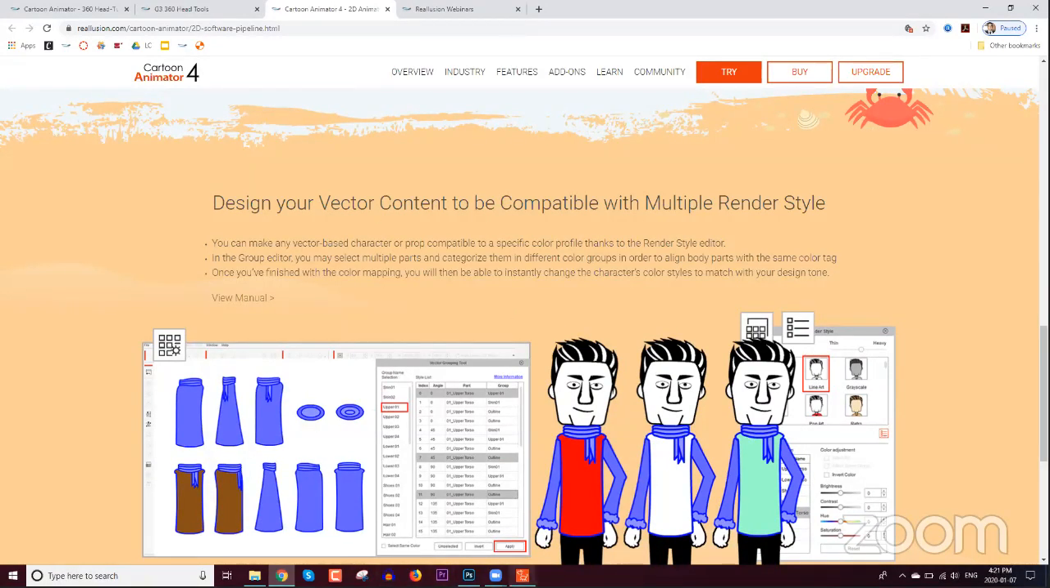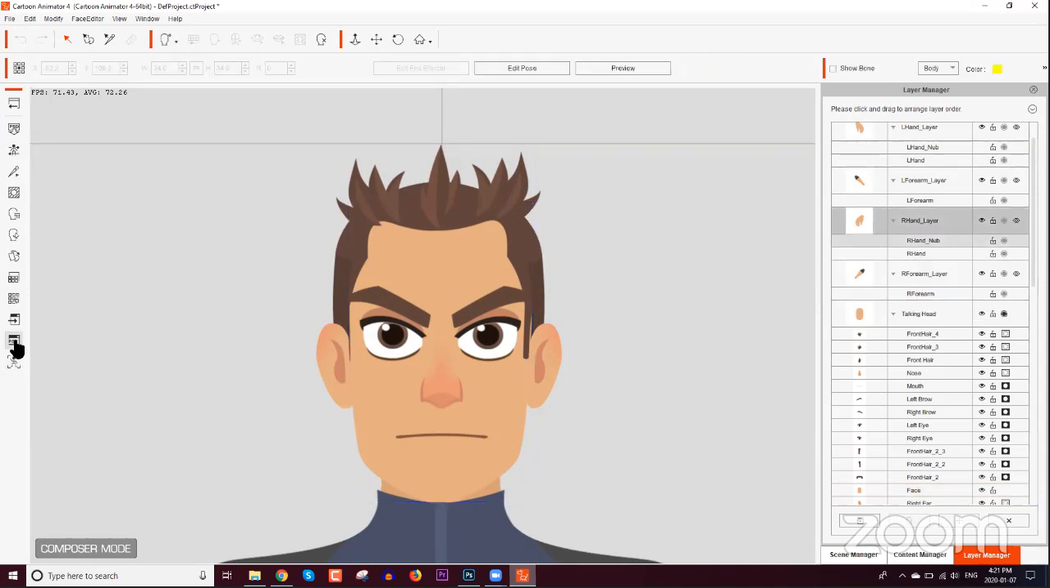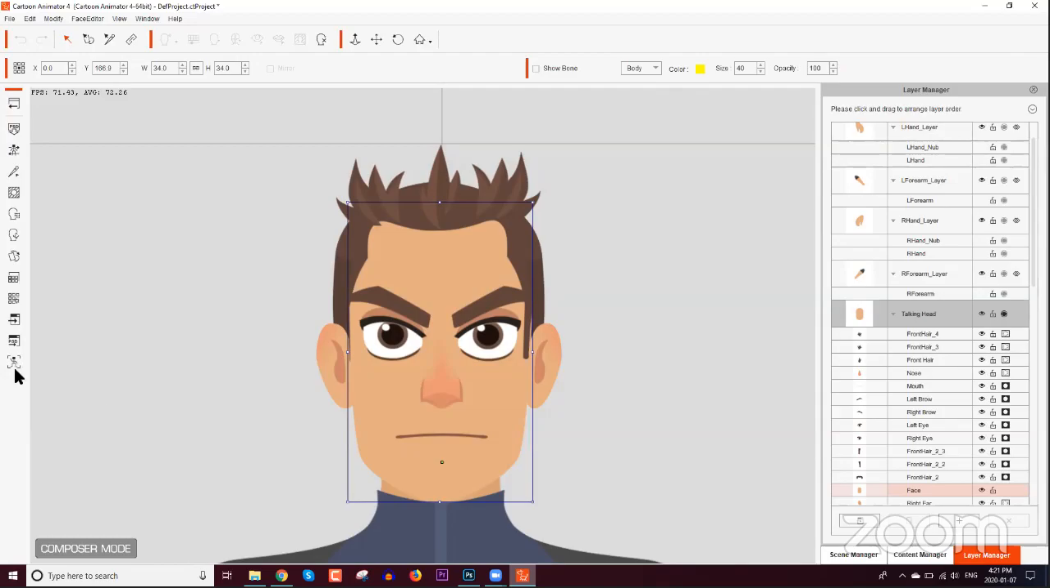All right, but let's go back here and let's get started on creating our own character. Before I do that, I'm going to show you the comparison between the sprites here in Cartoon Animator and the layers in Photoshop. So if you have the Pipeline version,